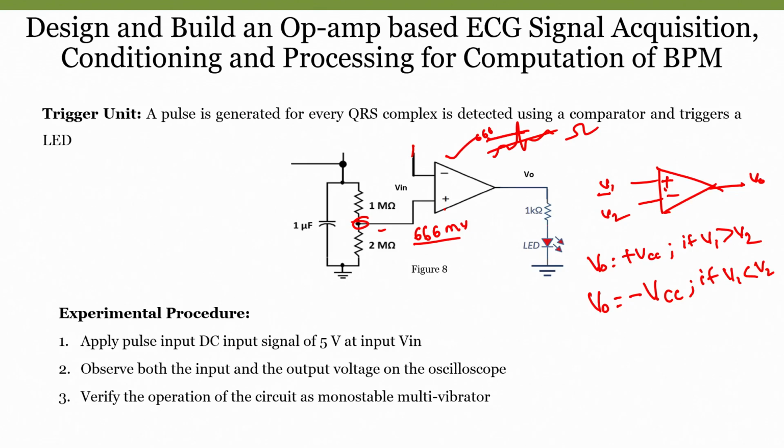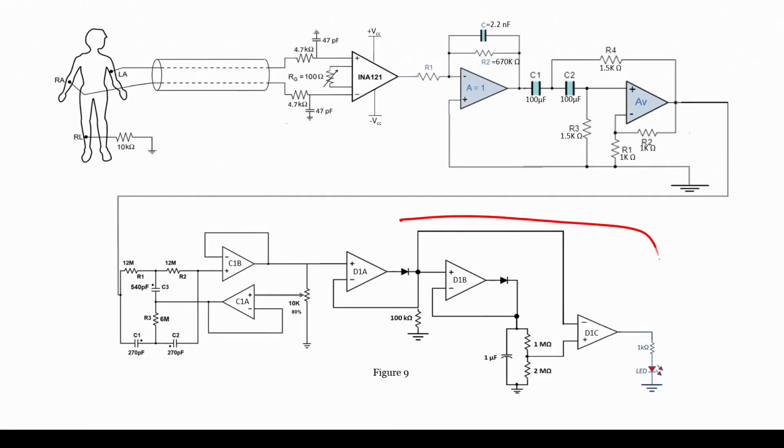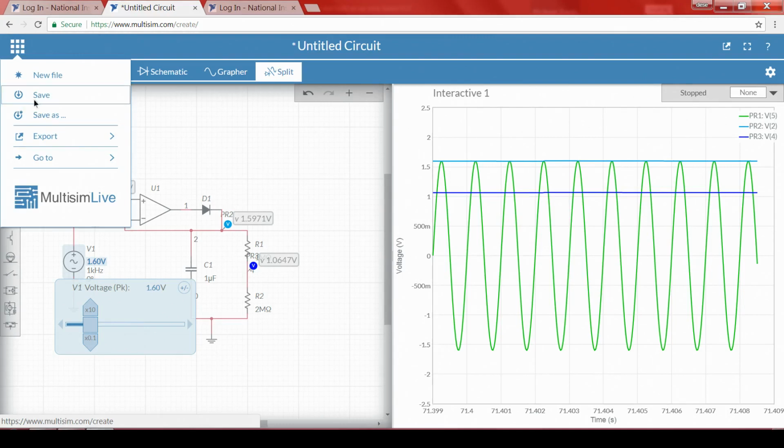So, what I will do is implement the same circuit. This particular portion we will implement now. Here we will apply the actual input signal, and it detects a peak and generates a threshold that we will compare with the input signal, and we will observe whether we get pulses only when the input is greater than that or not. I will go to Multisim once again. Let me save this circuit.